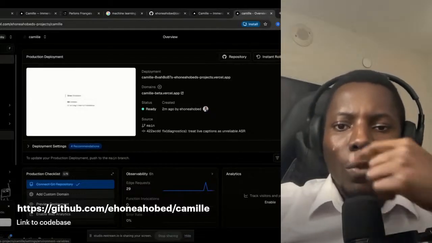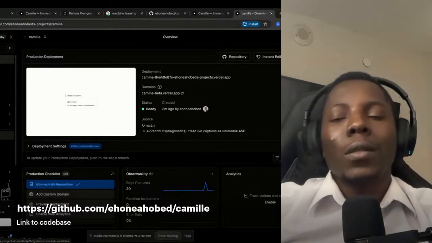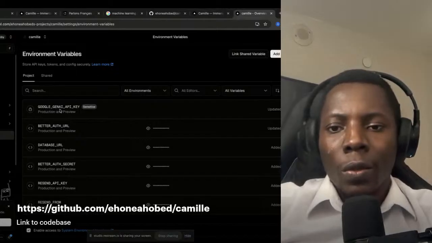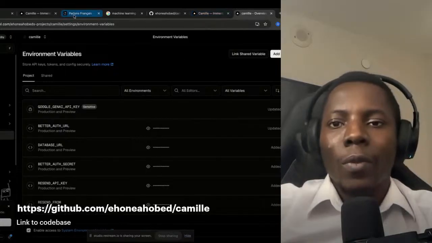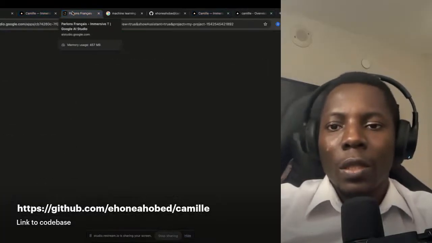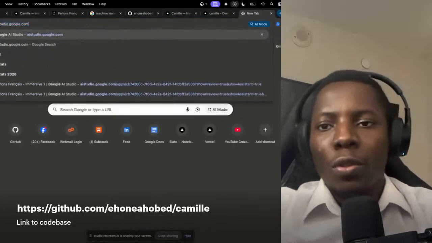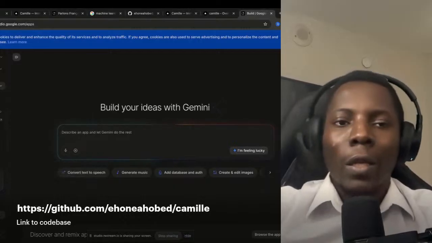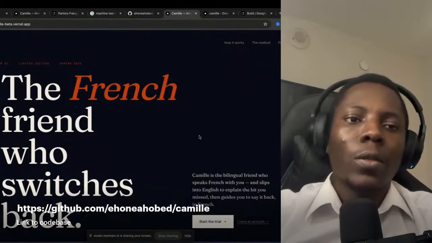As soon as you set your environment variables, which is if you set the AI keys, like the Google Gen AI API key, which you can get from the AI Studio. If you go to aistudio.google.com, you can come down here, get API key, and get some free API key and use.